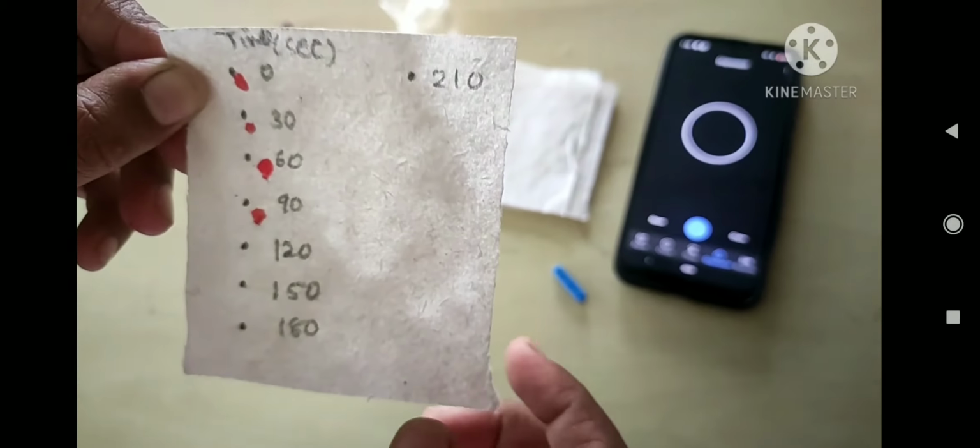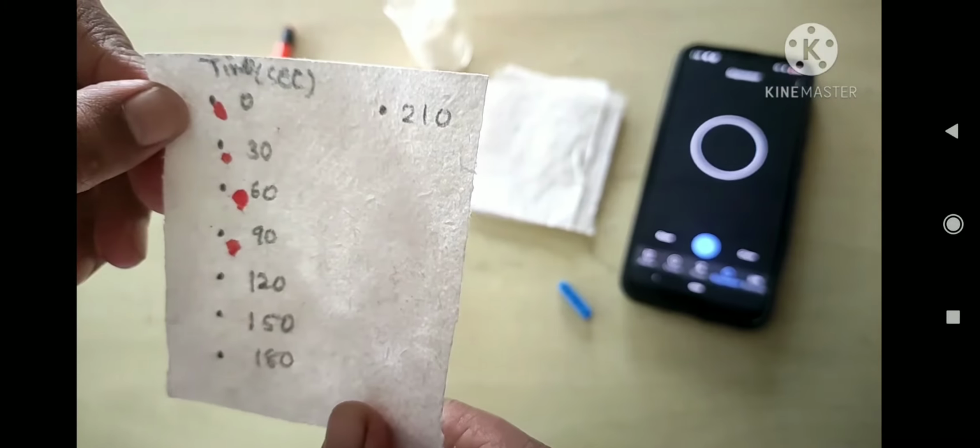Okay, so now let's come to the observation table. So now this is your observation table. The first column is the serial number. The second column is initial time. The third column is final time. That means at a difference of 30 seconds, we will take the observation. So this is the initial time, final time, and the difference. Here I have already written down the initial time of 0 seconds, and the gap is 30 seconds. At that time, what is the result? So likewise, we will put in the observations.